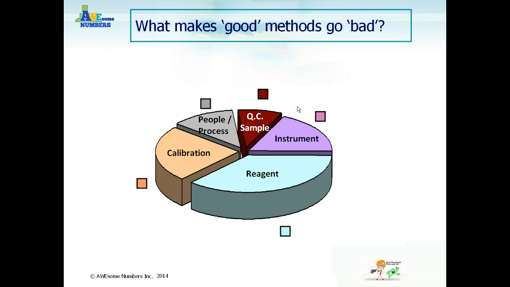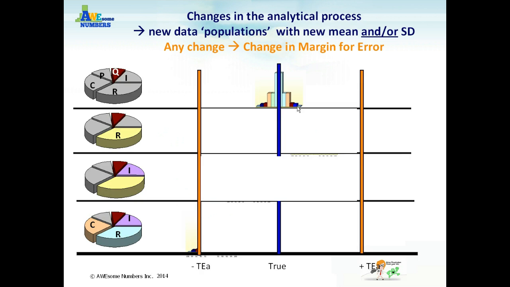Why do you have to worry about monitoring all these changes? Well, the simple answer is things change in a lab. They always do. Obviously, every time you change the QC sample, you're going to get different QC values. But anytime you do something to the instrument, change reagents, recalibrate, or people do something differently, you're also going to see change. If you start here with one set of controls that have just been run and everything's fine, you've